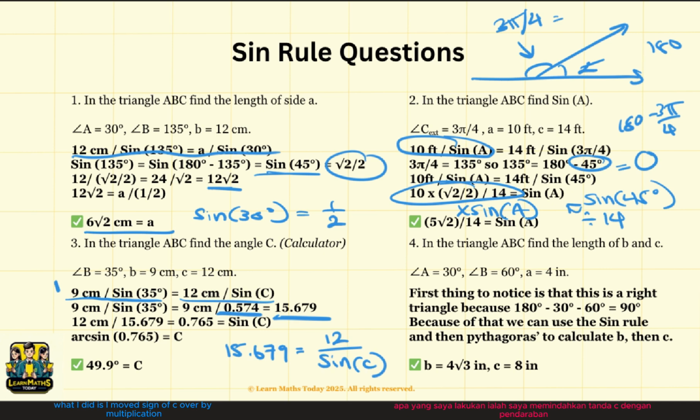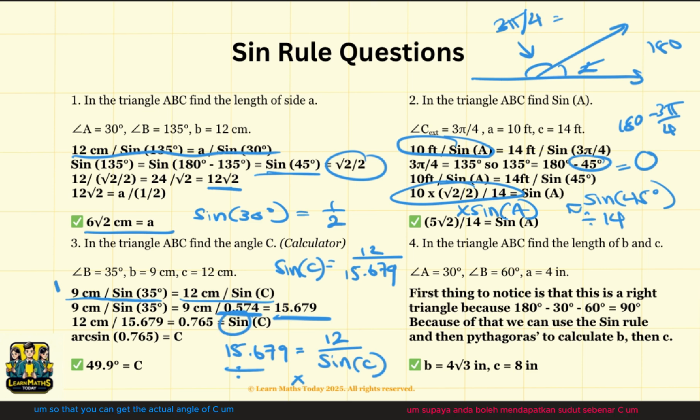What I did is I moved sine of C over by multiplication and then divided by 15.679. So that I have the equation sine of C is equivalent to 12 divided by 15.679, and then using a calculator to solve this, you will get 0.765 equals sine of C. And then once again, you need to move just the sine over, so that you can get the actual angle of C. And by taking the arcsine of 0.765 from before,